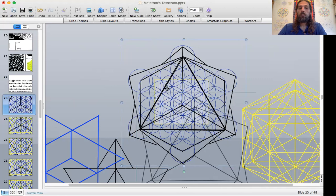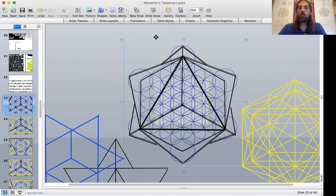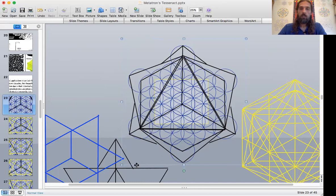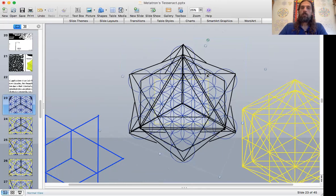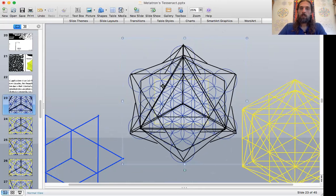And it's containing the star tetrahedron and the octahedron, which are going to all be in black. So the star tetrahedron is still in there. Whoops. Here it is. There they are, okay? Star tetrahedron, these lines are a little off. Okay, we'll leave it like that for now. Octahedron, star tetrahedron, Solstar, which is essentially the Tris Octahedron, the technical name, and when you do these outer lines, that creates the